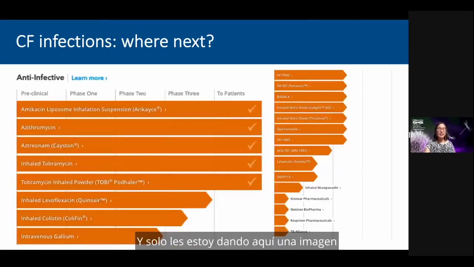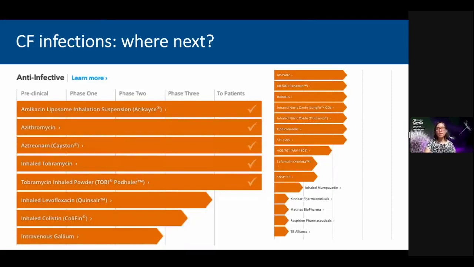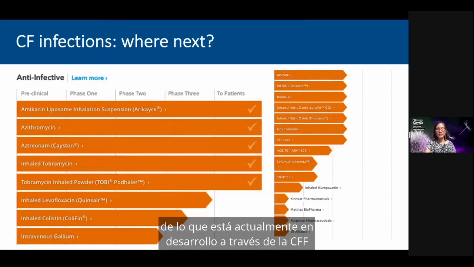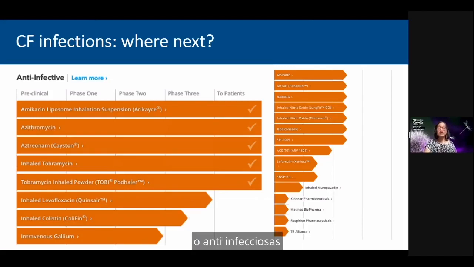And I'm just giving you here a snapshot of what the pipeline currently through the CFF is in terms of new antimicrobial or anti-infective therapy that have either been approved recently or are currently under investigation at various levels